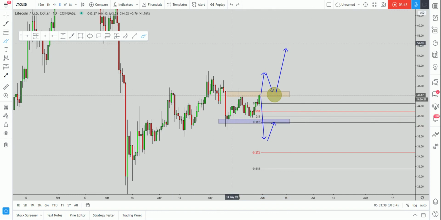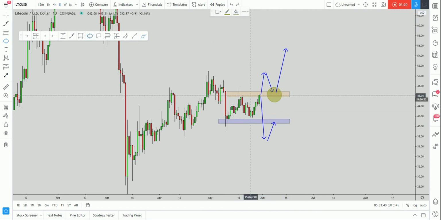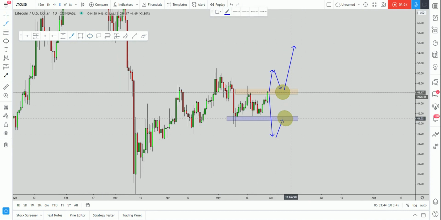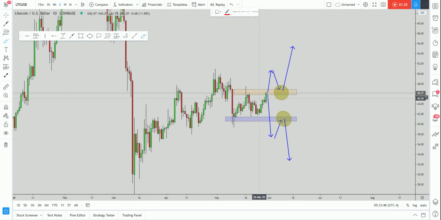And at that point, how we will be approaching it with students is that we will be monitoring price action from a 4-hour perspective inside of this area, waiting for the market to provide to us one of our valid entries. And as soon as the market provides to us one of our valid entries, we will be taking a nice short with a very good risk to reward and very good probabilities for the move to the downside. Now, as usual, being reactive and not predictive, let's see where the market will actually decide to create the next